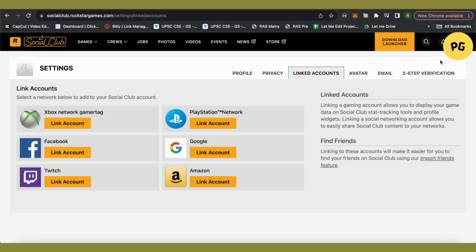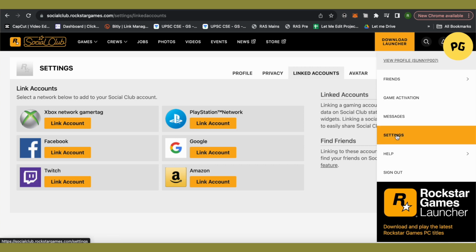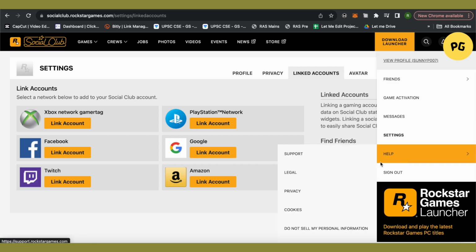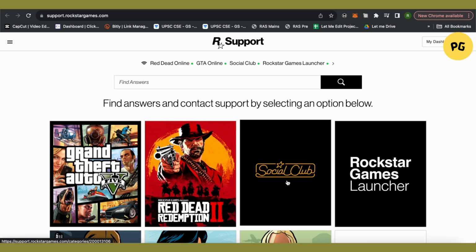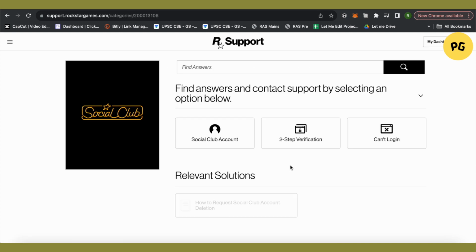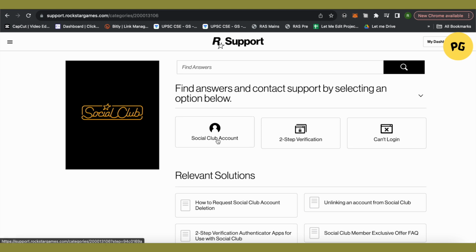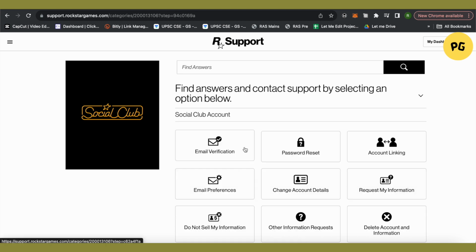So basically you will have to open up your profile again and go to the option of help, then click on the option of support, and here we will just click on the option of Social Club. Now we need to click on the option of Social Club account, and here click on the option of account